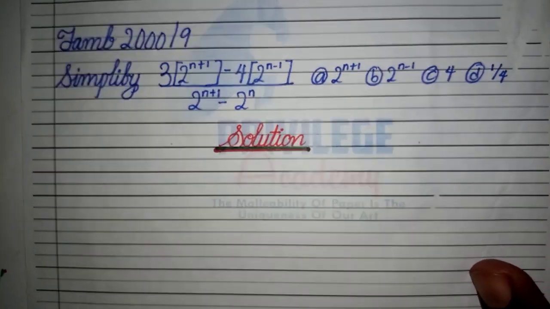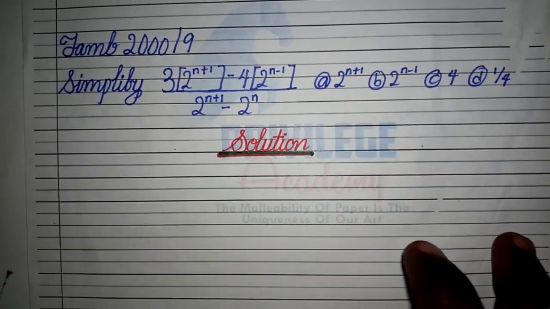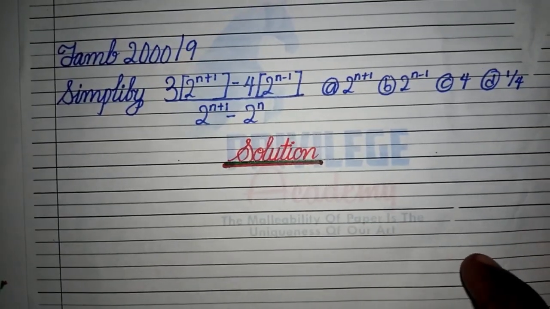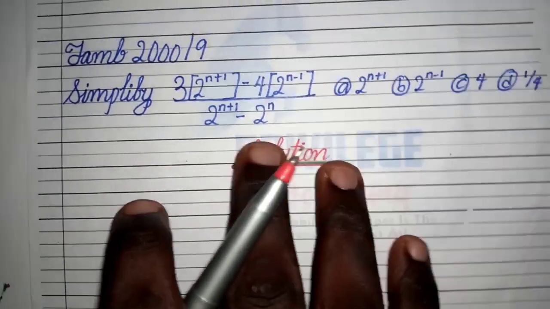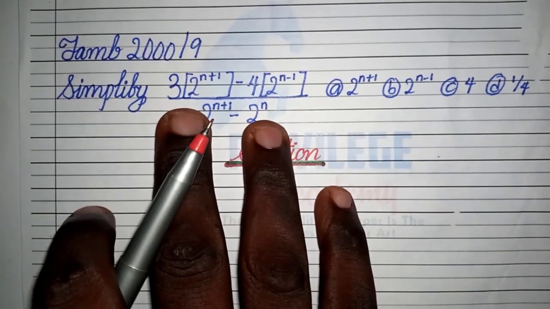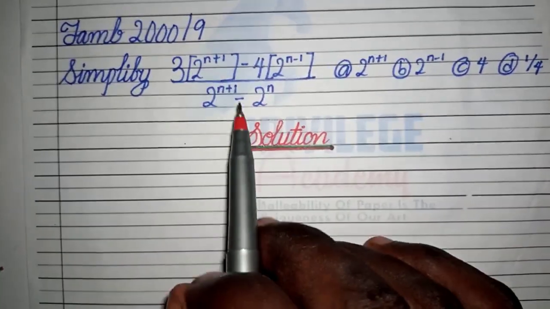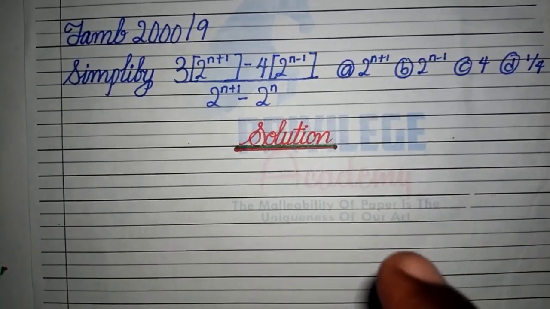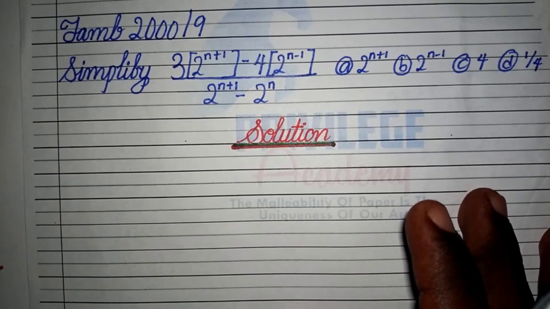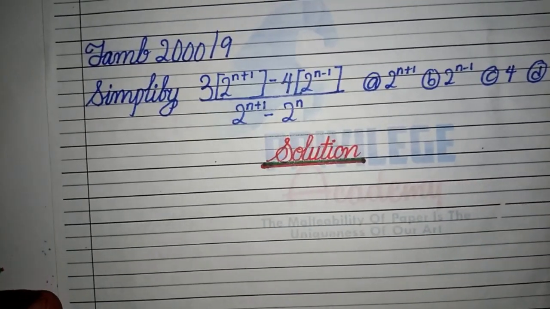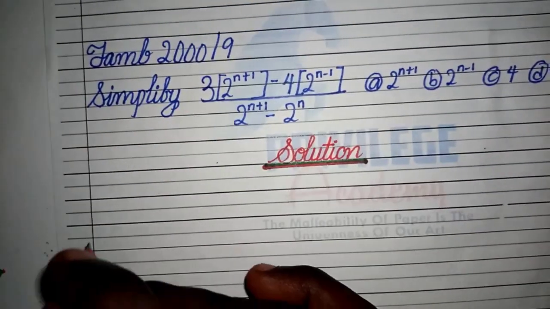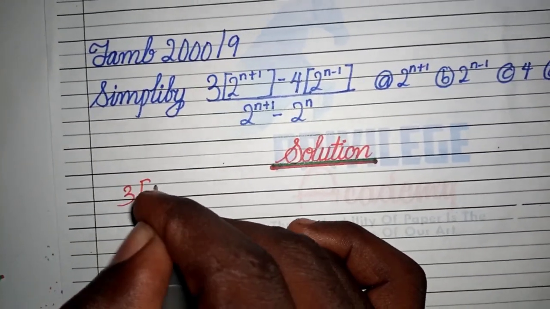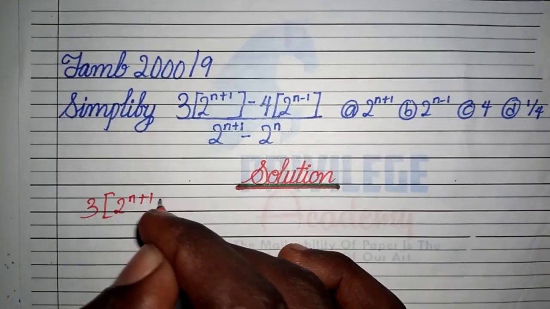Jam year 2000, number 9. Now, if you look at this particular one, it's absolutely different from the one we have been solving before. In what sense? There are some digits that take the unknown, and some have nothing to do with the unknown. They are also simple to attempt. So, let's see. This particular one here is 3 into 2n plus 1